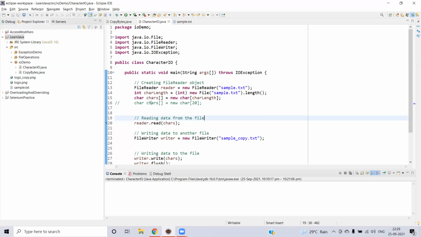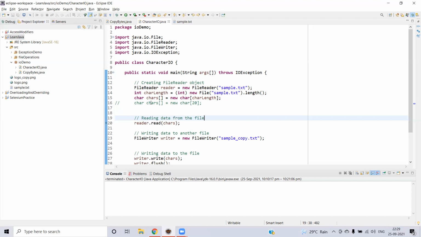Now getting into the next line, reader.read. That means that when you have the reader object, you have everything in your hand, so you are going to read it. The format you read is characters. In order to read it and save it into a local variable, just like an array, you pass the array itself. Already we have created the array, which exactly matches the number of characters inside your file. That's the reason we give the same character array here, so that whatever you read will be set inside your characters array. Because in order to read, you need to have some base, right? So for that, we give that characters array.